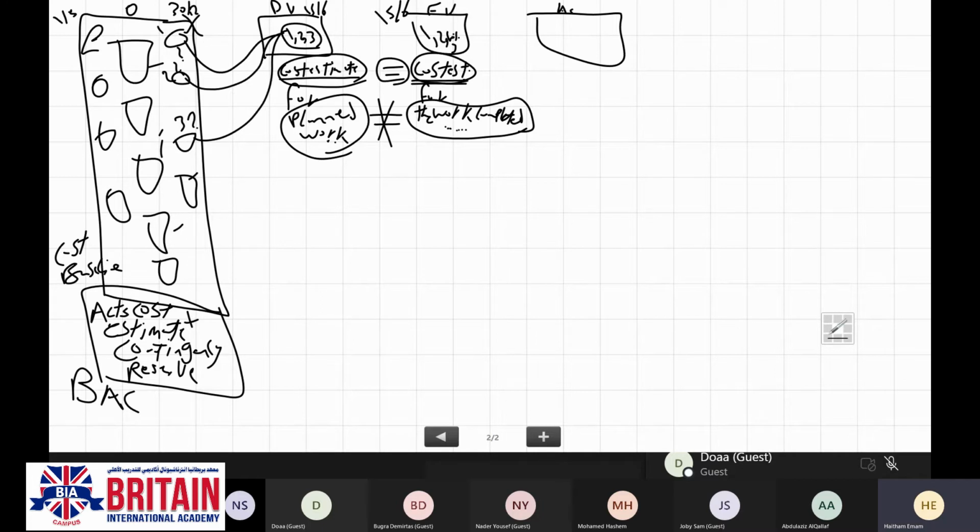The earned value will be equivalent to the planned value in case the work completed is equivalent to the planned work. The earned value will be higher than the planned value in case we have exceeded the planned work by even 0.0005.